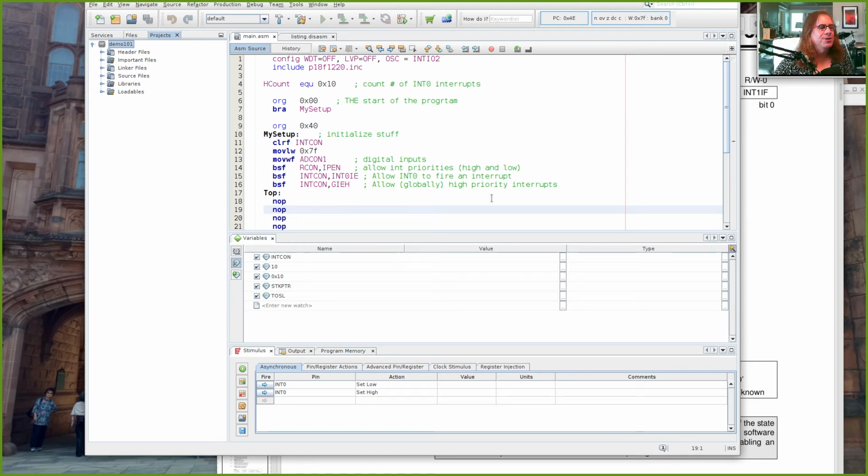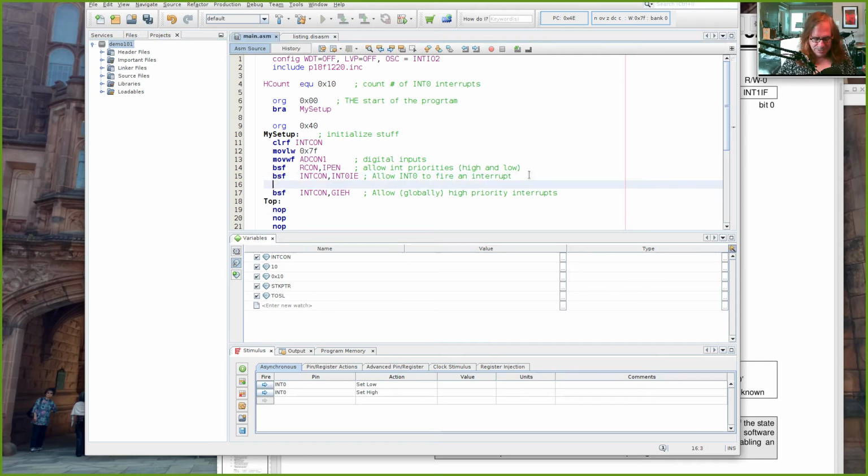So up here I set up INT0, and let's go ahead and set up INT1. So bit set file, INTCON3, INT1 interrupt enable. So we'll allow that to